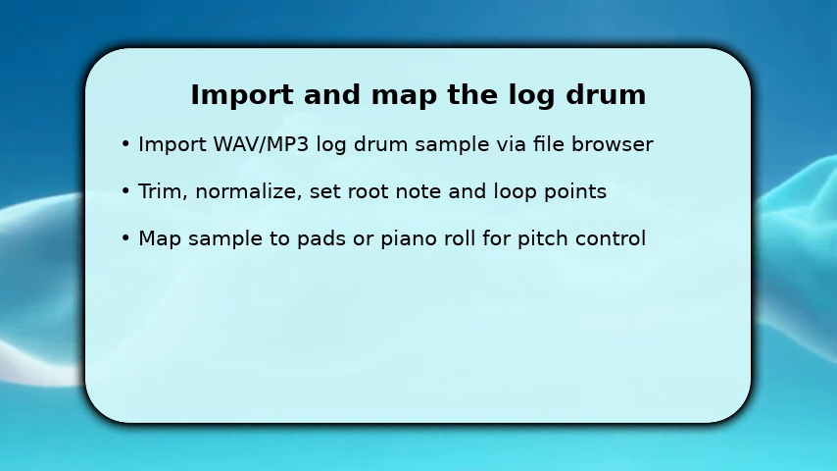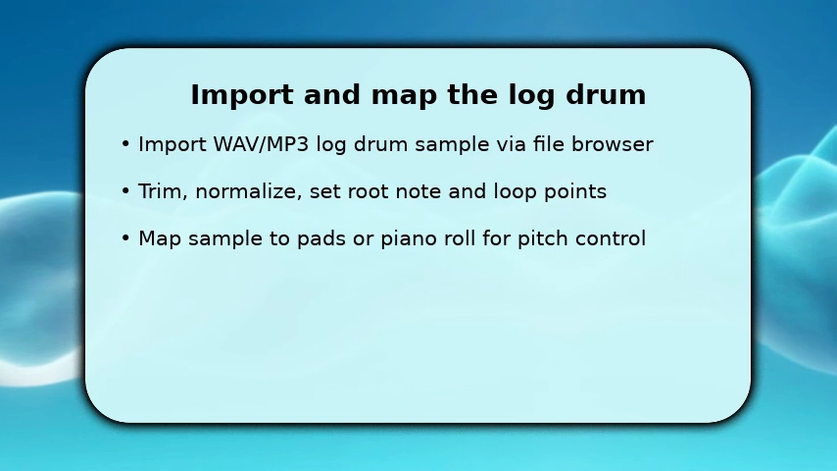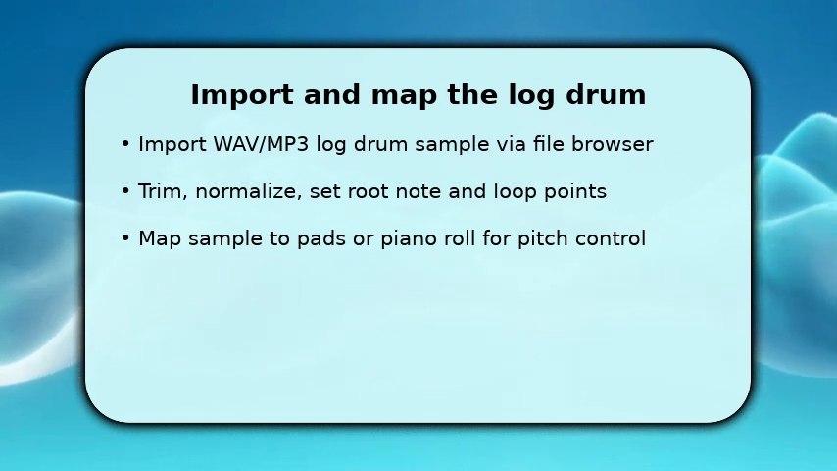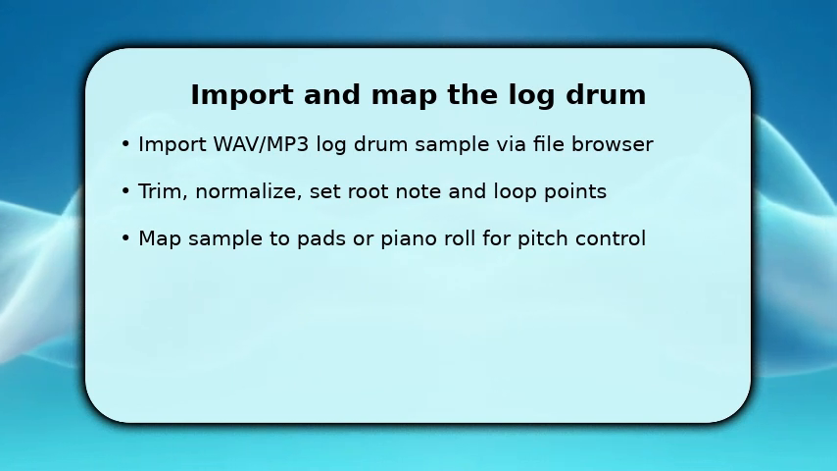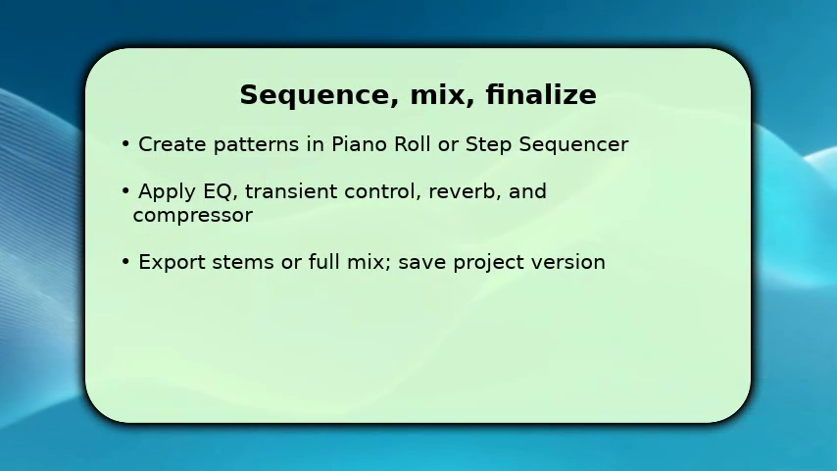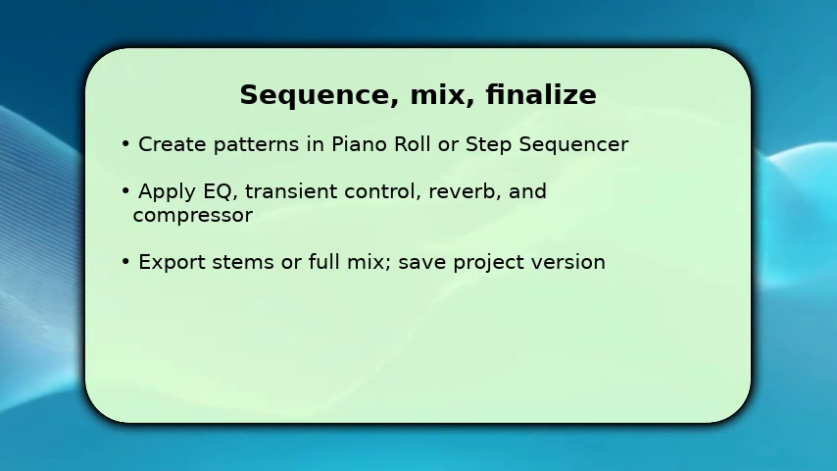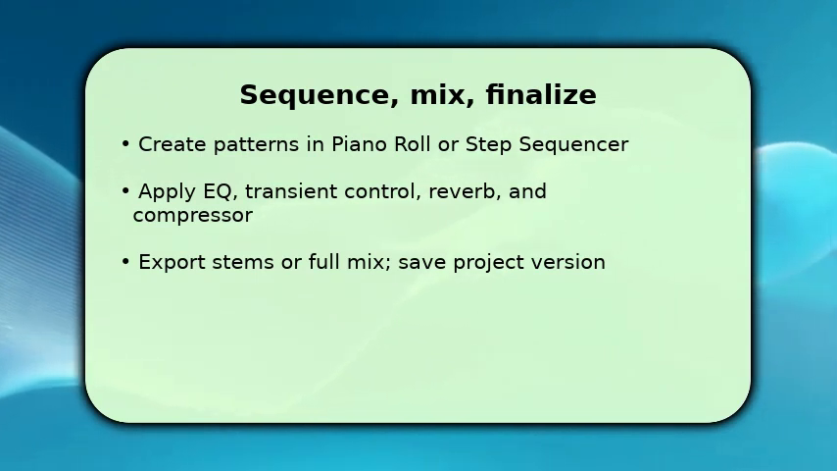Then assign the sample to a pad or map it across the keyboard in the sampler settings so you can play different pitches in the piano roll. This gives melodic control and consistent playback across notes. You finish by sequencing the log drum in the piano roll or step sequencer, laying out velocity and timing for